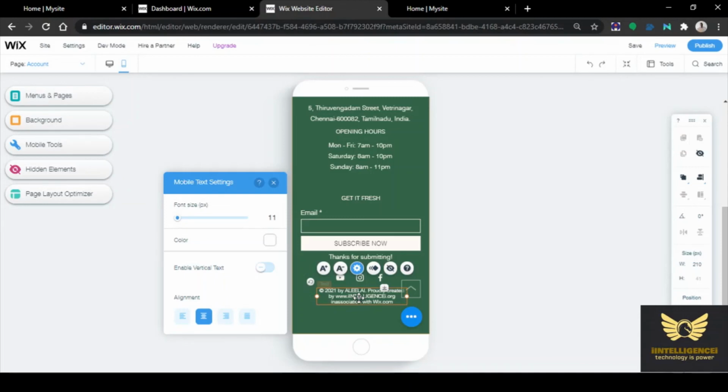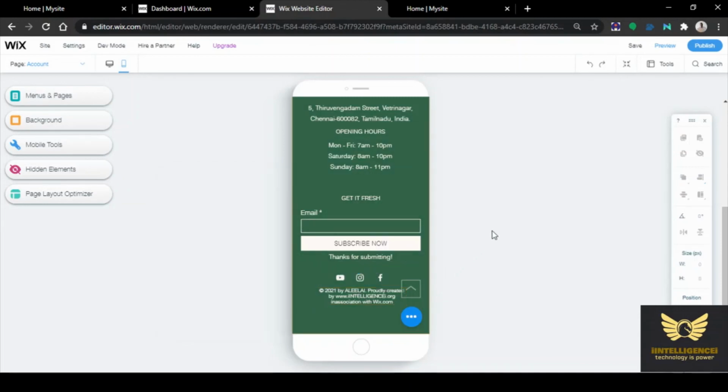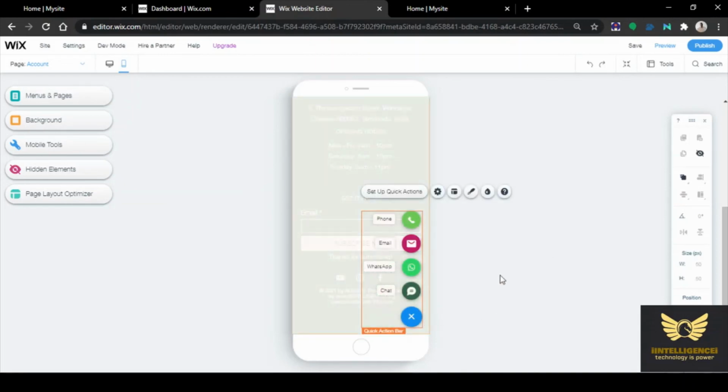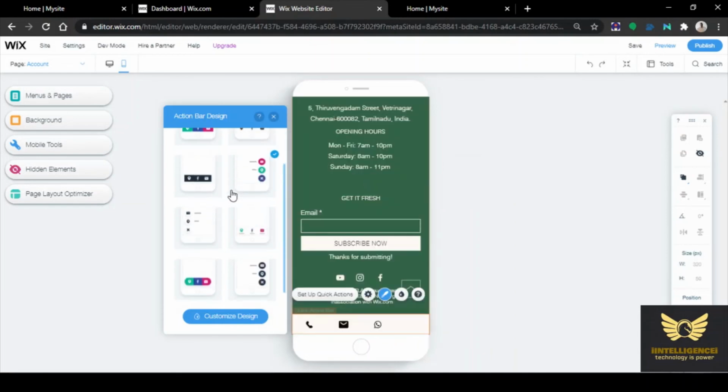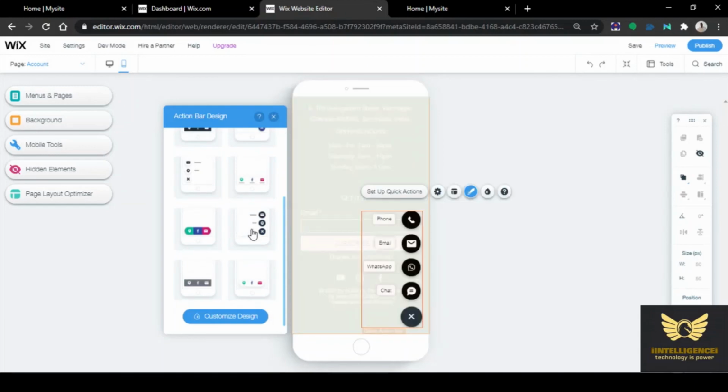You can customize this website based on your preferences. It is up to you. You can also change the quick action buttons at any time. There are a lot of options available in the quick action design.